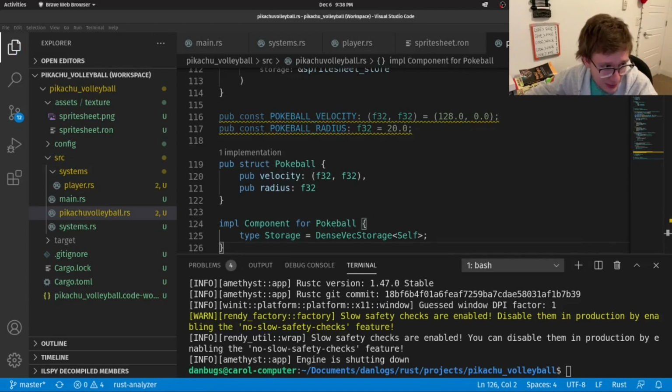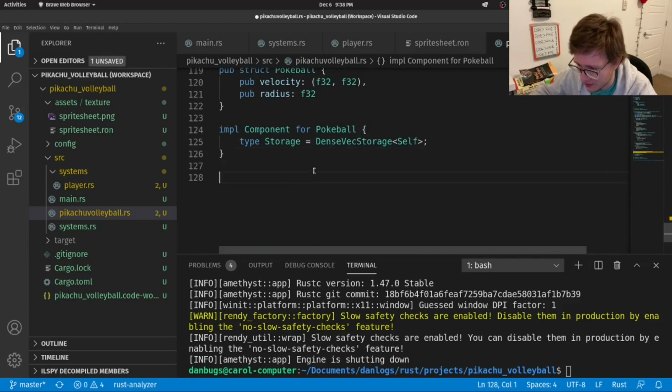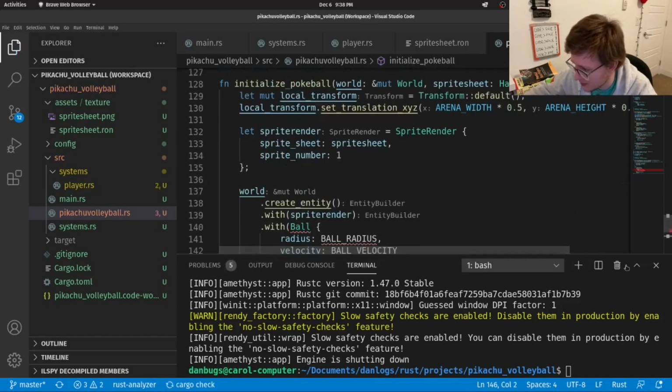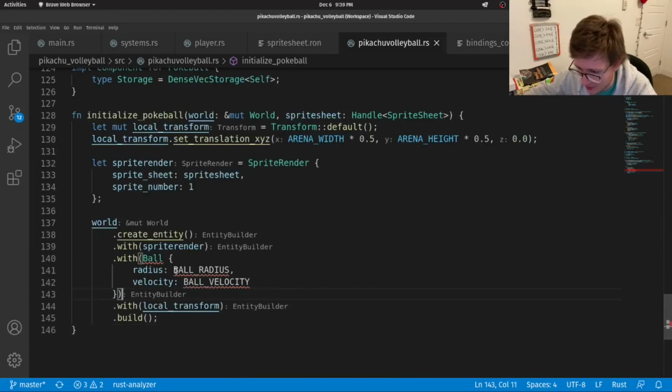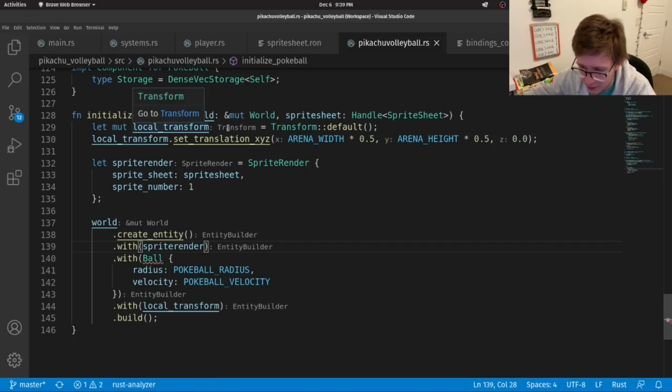And now, just like the player, again, we'll just create our initialization function. So right here, I'll paste this in. Now let me make our code larger. And well, I was renaming these guys to Pokeball instead of ball. And there we go. So, pretty simple.